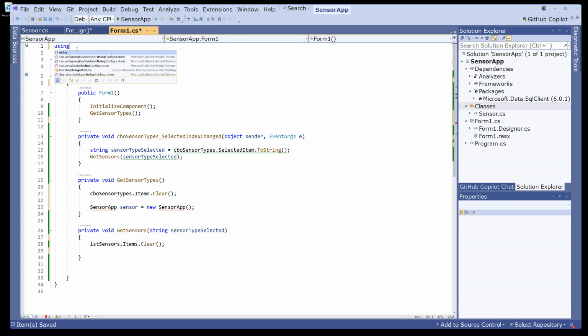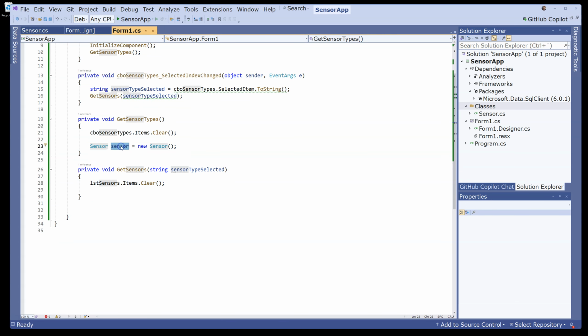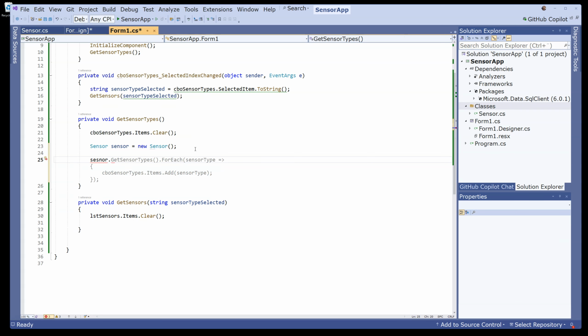So then using SensorApp.Classes, and then it gets access to this Sensor class that is put into the Classes folder like this. So then sensor equals new Sensor. This IntelliSense is killing me sometimes. So now when we have created an object of this class Sensor, then we can get access to the different methods. Then we just type sensor dot,